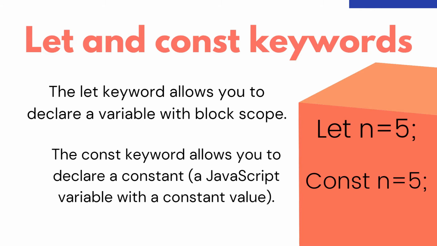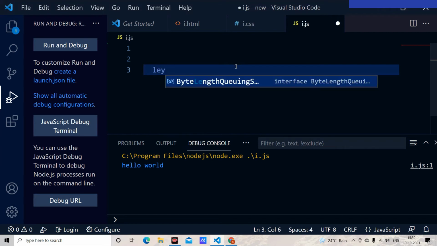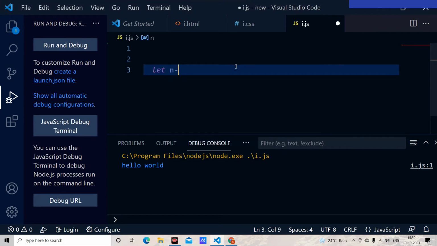Once you declare the constant, it can be used everywhere in the program. Well, now I'm going to discuss the let and const keywords. As I discussed in the presentation, let is used in a specific code snippet, whereas const is used throughout the code. First of all, I create a variable: let n equal to 5,